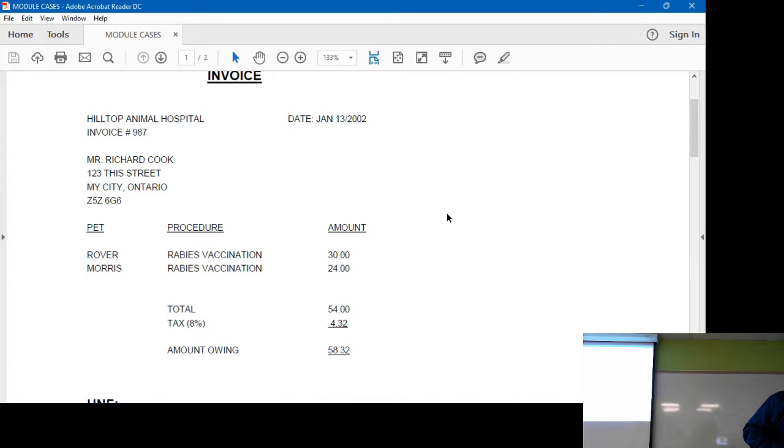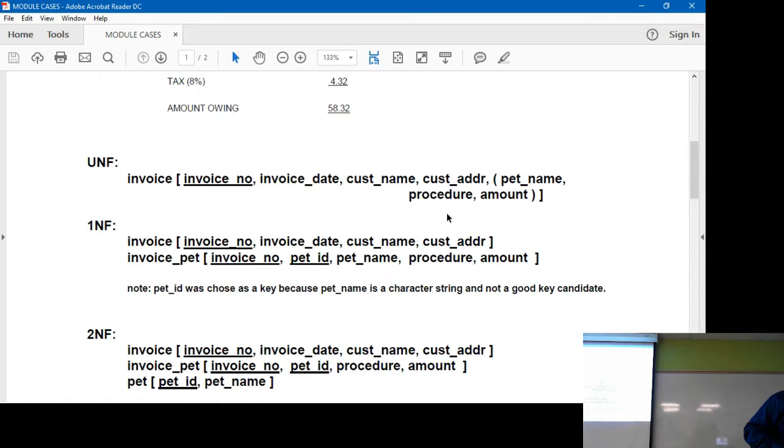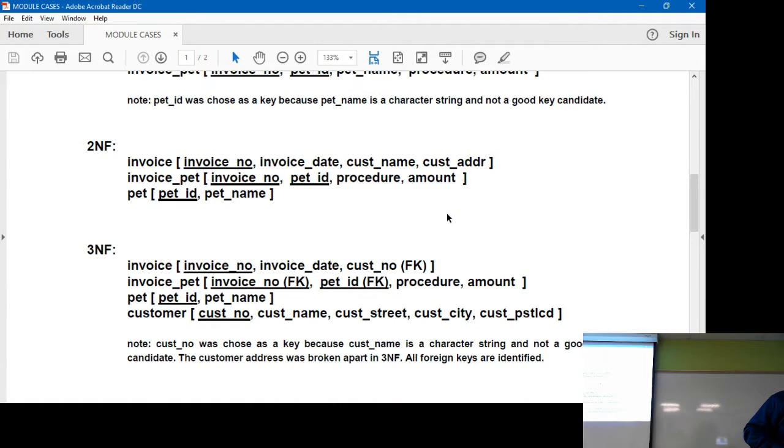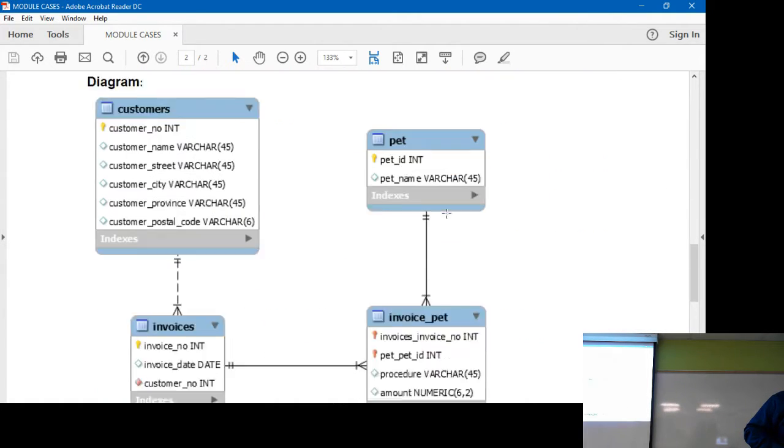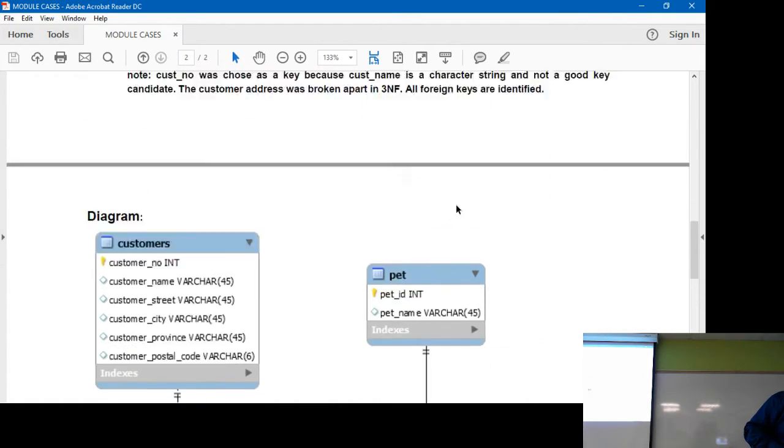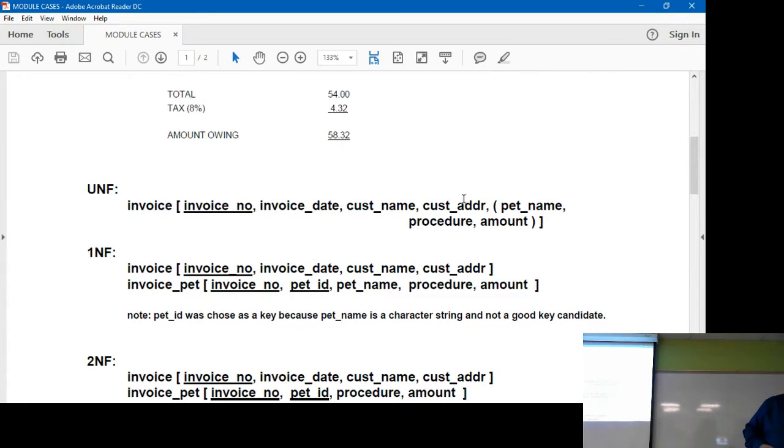This gives you a nice little fake-looking invoice. And it shows all the different normal forms. And at the end, it shows you a physical diagram. These normal forms help you break down what all the different objects would have been based on that invoice. So what I'd recommend for you guys is review this, so you can think about how things are interconnected. That way, when it's time to do a conceptual diagram,